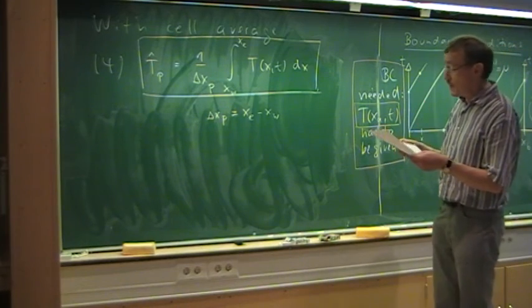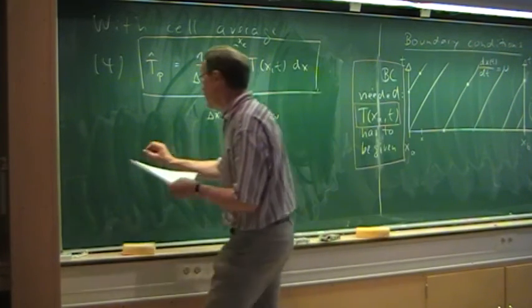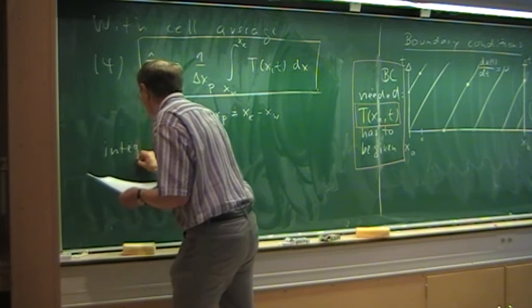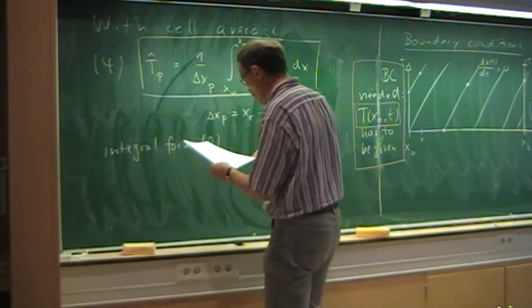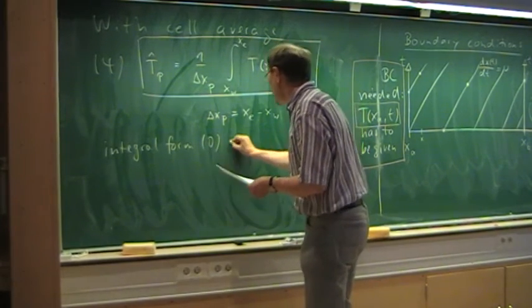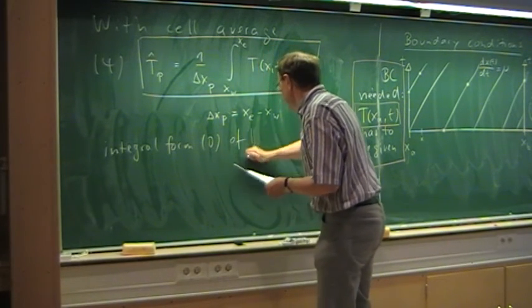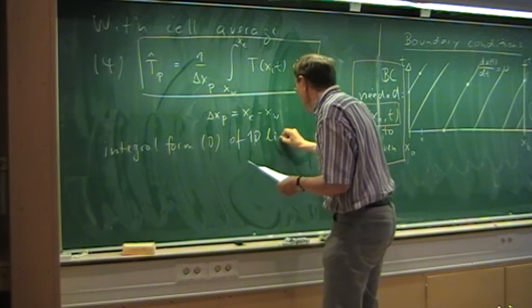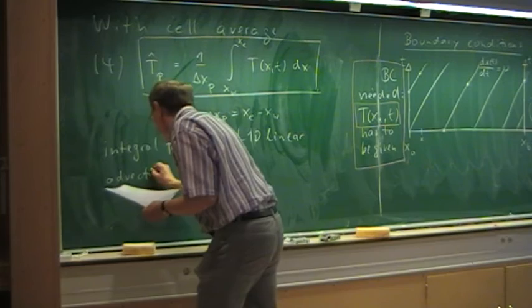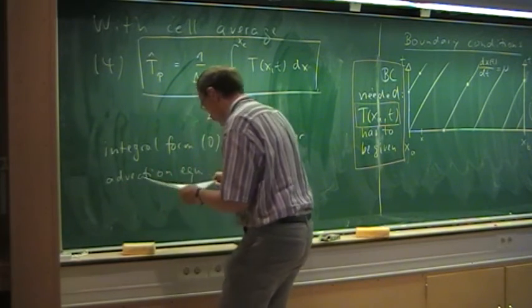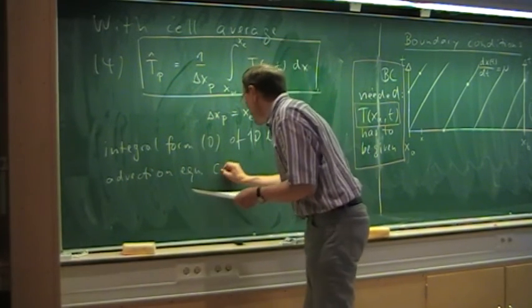So with that cell average, the integral form that we denoted by 0 before of the 1D linear advection equation can be expressed as,